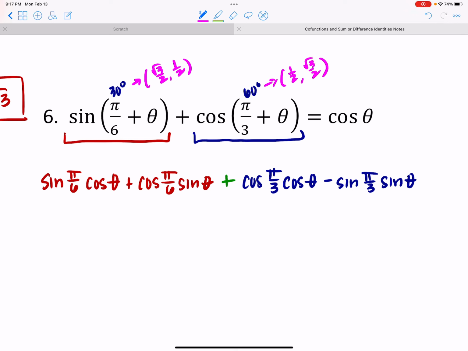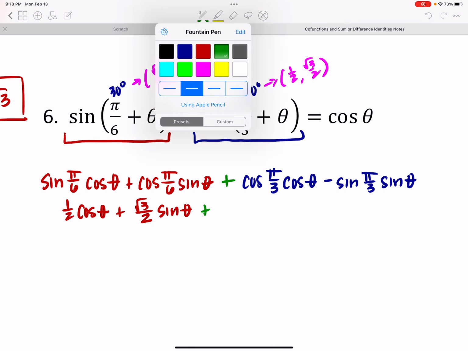Okay, so when I ask for the sine of pi over 6, right there, it's a half. And the cosine of theta is going to stay in there, so don't know that variable. Cosine of pi over 6, right there, radical 3 over 2. And sine of theta, again, that's going to stay. Plus,